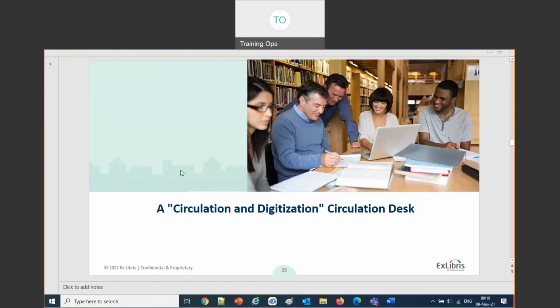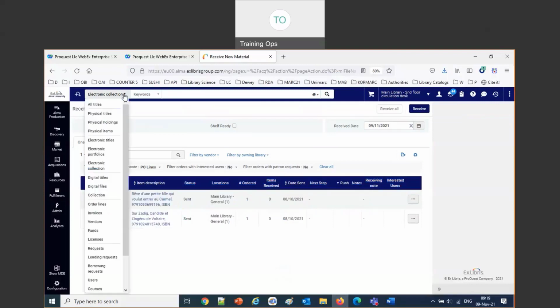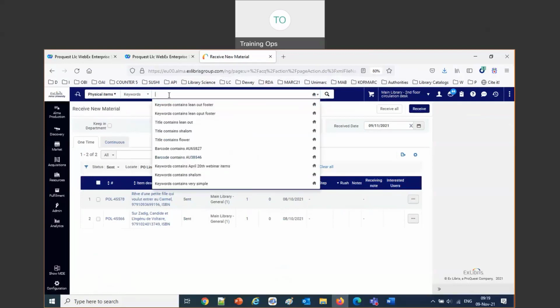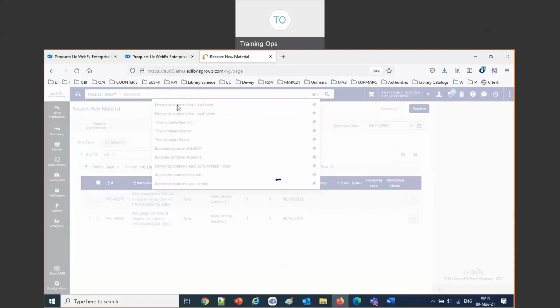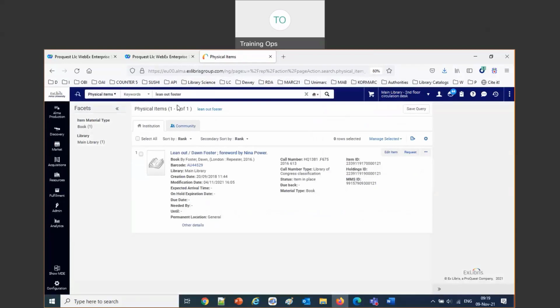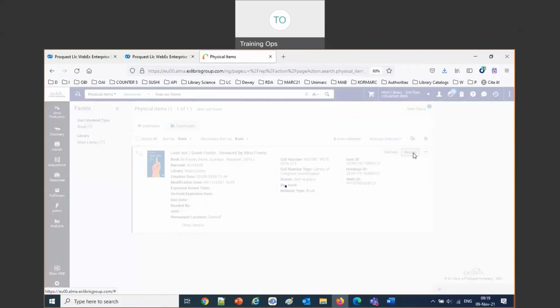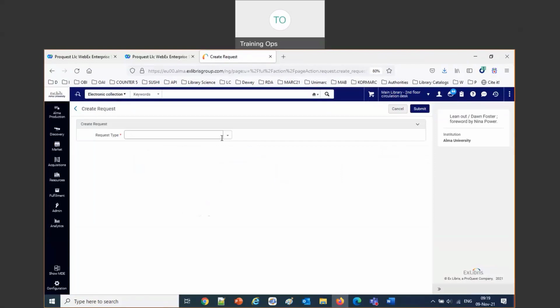Okay, let's move on. So now a situation with a digitization department. Let's say that we have a digitization request. I'm going to make a digitization request. I will do a physical items search for Leanne Foster. Okay, so here I've got an item. Item is in place. If I were to come now and make a request and make this a staff digitization request,